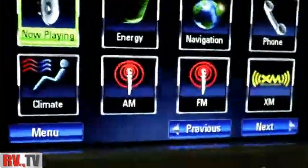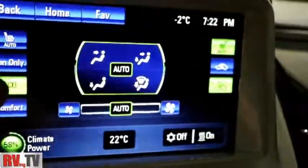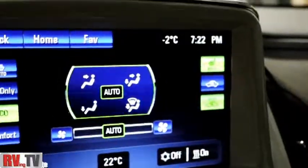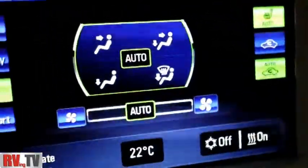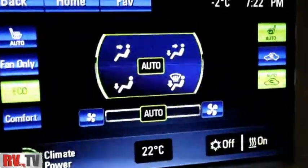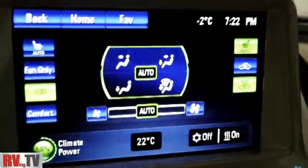When we come over to that center stack, we have our climate controls that you can select. Of course, this has automatic climate, and you have an eco and a comfort mode, or just a fan only. Most of the time I'm running in eco mode. That's actually going to just cut the fan speed down. You can set your temperature, and in automatic, it's going to adjust whether it needs to blow through the vents, blow at your feet, a combination of feet and windshield, or put the heat up on the windshield in the winter months. Nice big defroster, and of course you can start this car remotely, both with your key remote or with